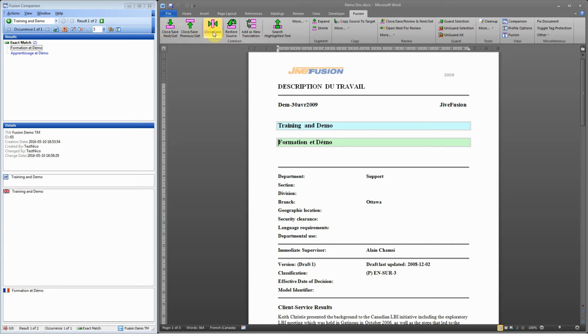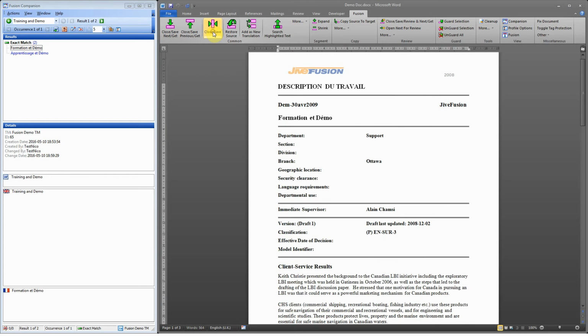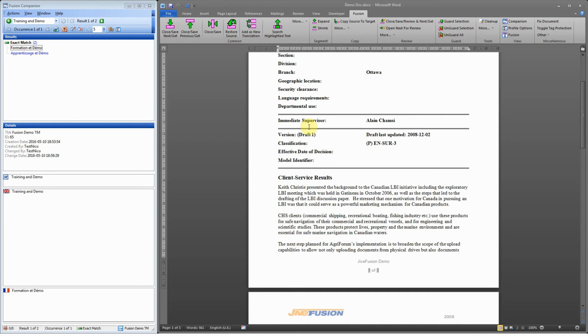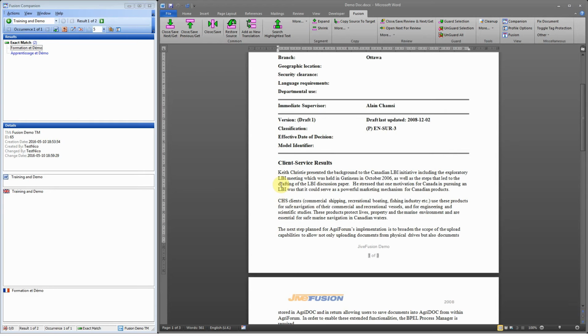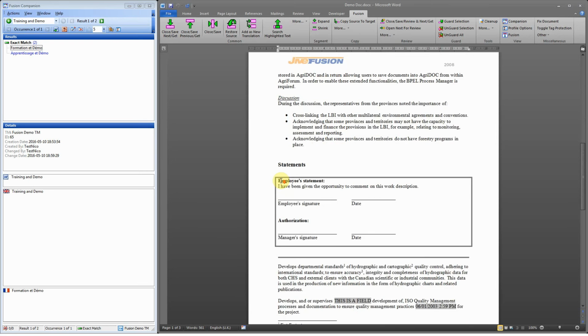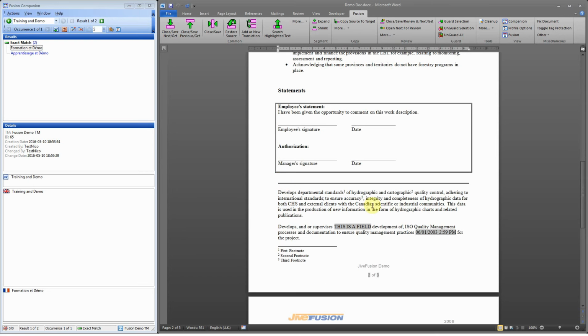Okay, so let's just say I'm done with this section of the document. As I mentioned, normally you would go through the document by just going from sentence to sentence using the close save next get or the Alt down shortcut until you reach the end of it. There are some things I would like to mention, though. However, something that's quite common